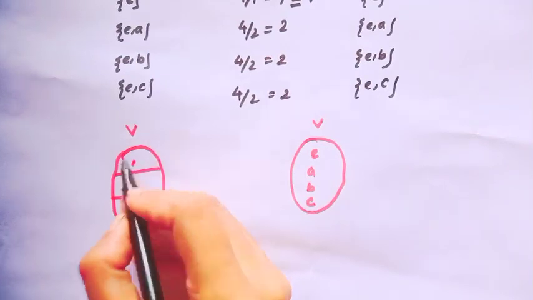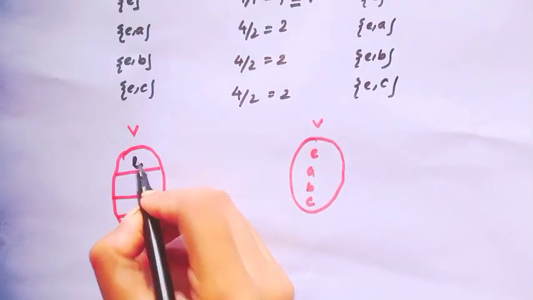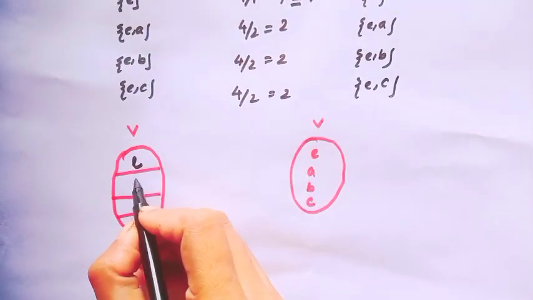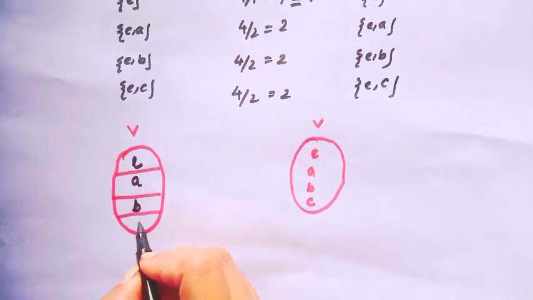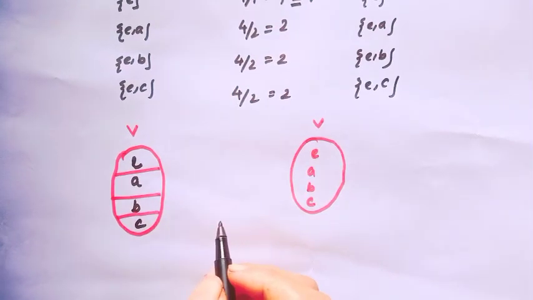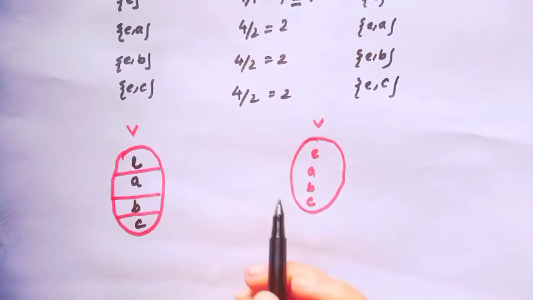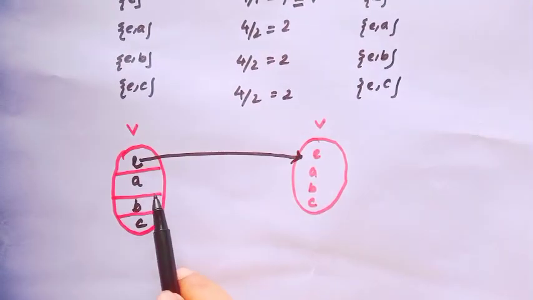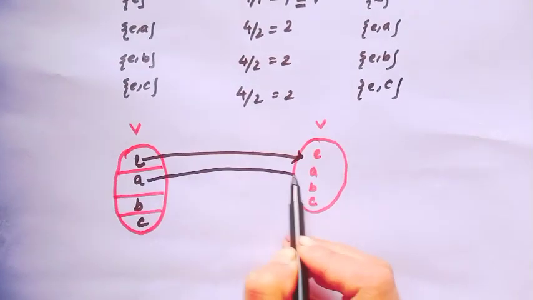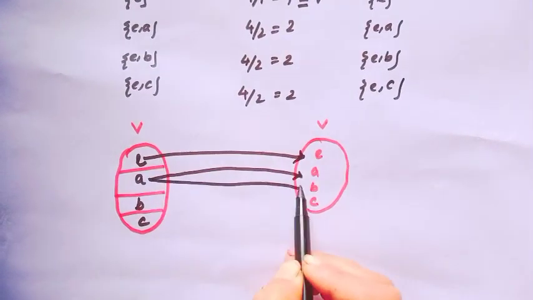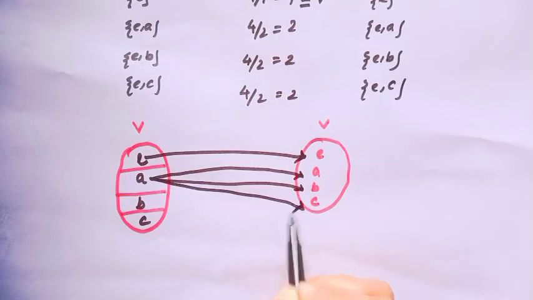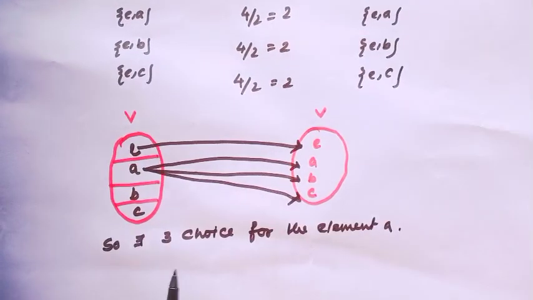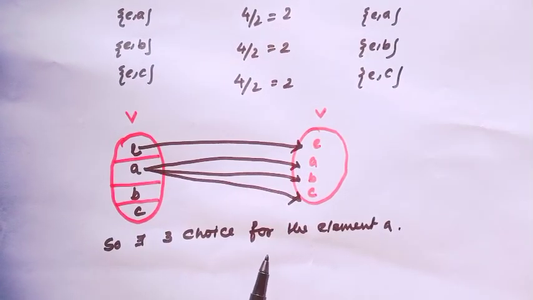The kernel is E and the other cosets are A, B and C. Are you getting? Here E maps to E, and notice A can map to either A or B or C. Okay? So there exist 3 choices for the element A, and after sending A,